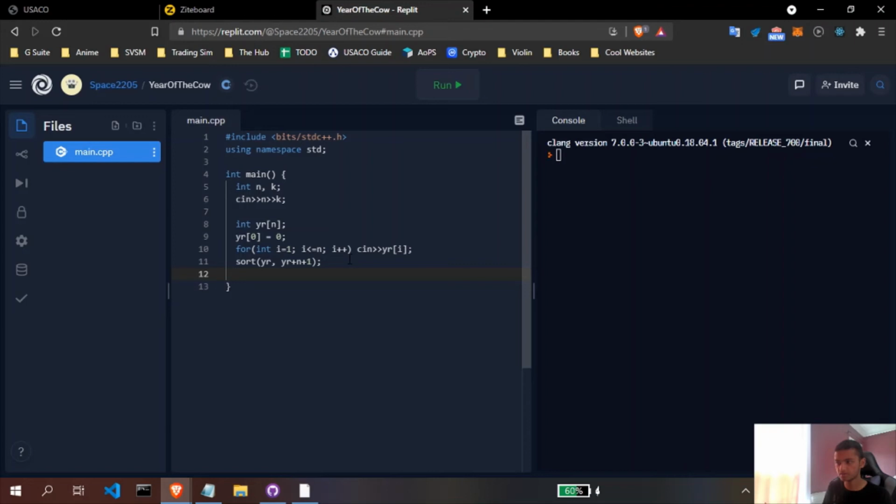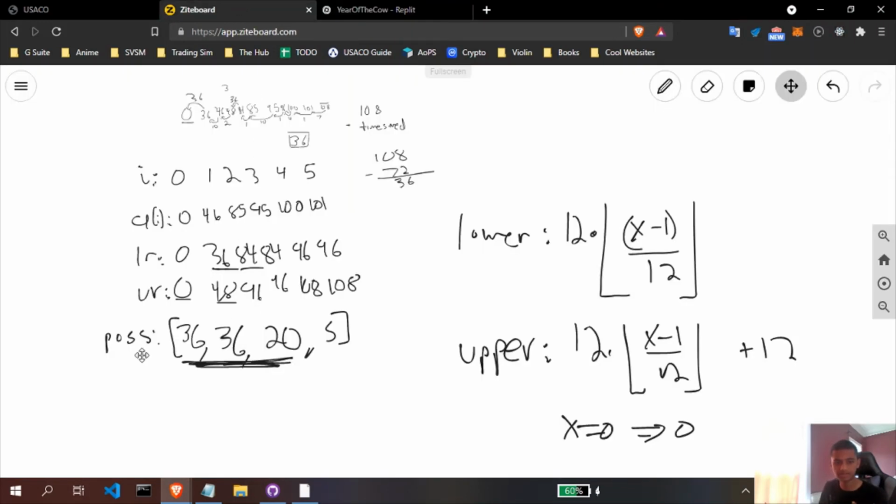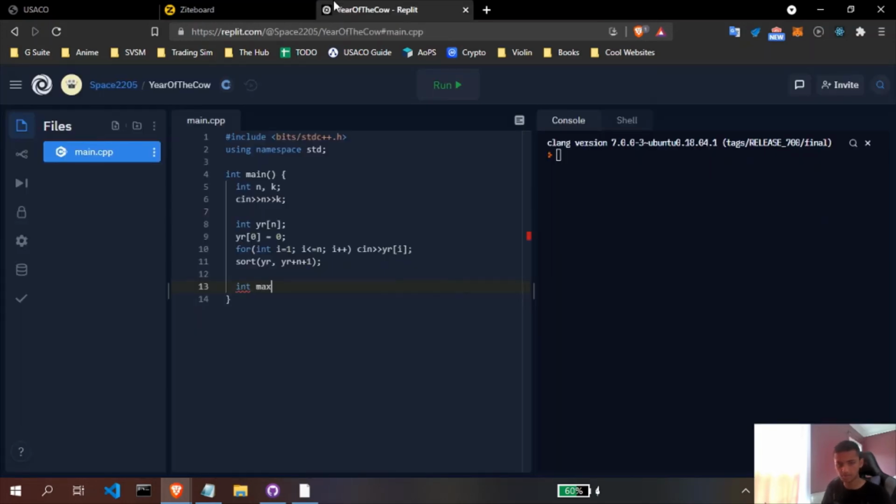So now that I have that done, what I'm going to do is create a value of the max distances, or basically the possible values that can be jumped from. So I'm going to call it int max jump, and I'm going to give it a size of n. And then for int i is equal to 0, i is less than n, i plus plus, what I'm going to do is say max dist of i is equal to